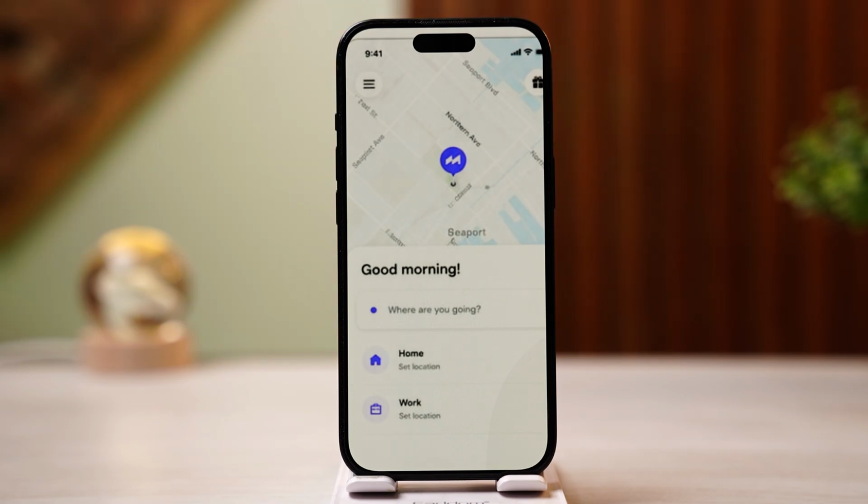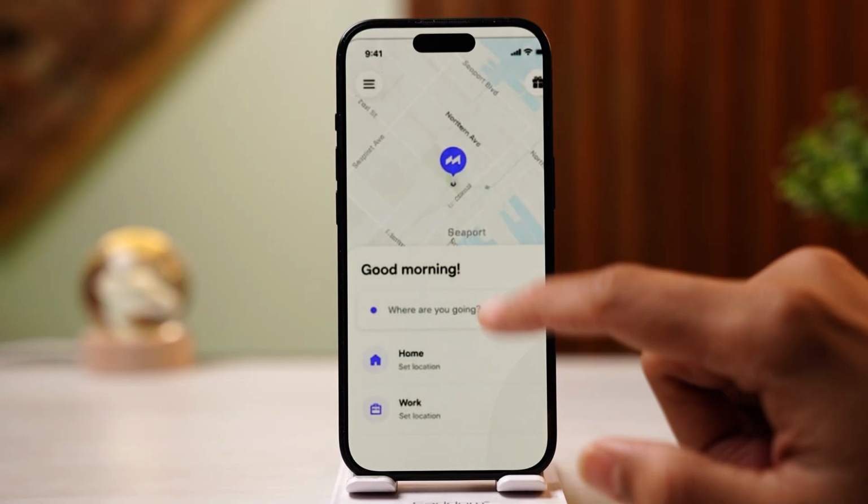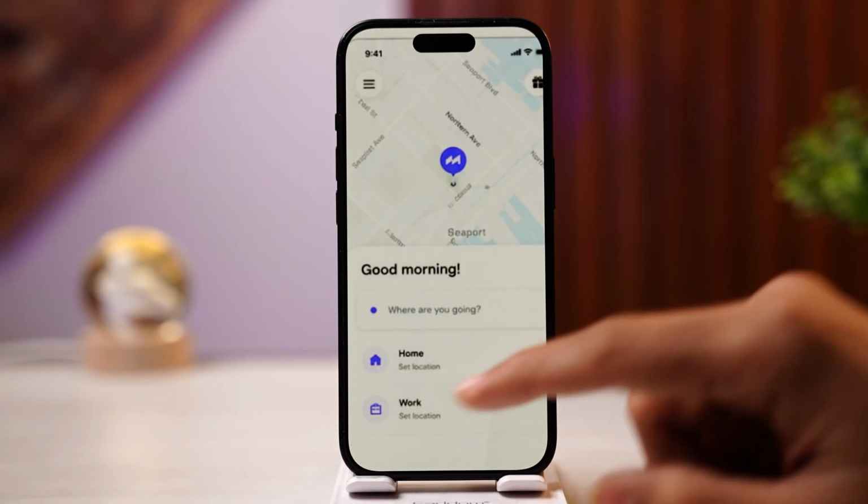to reschedule your ride on the Motional application. First, when you open the app, you'll see a home page which will look something like this. And here you want to enter your destination by tapping on where are you going, and you want to simply